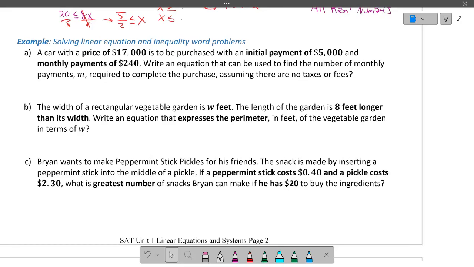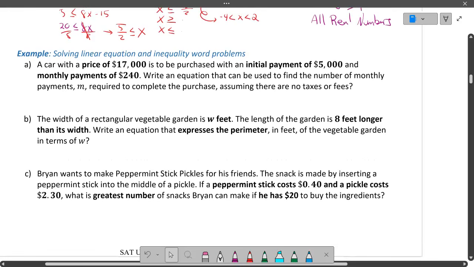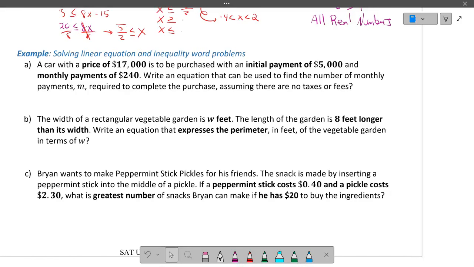Okay. Now, given that we have a total that something equals, something that we're paying once, and then something that we're paying over and over and over, what type of an equation would we use to model this scenario? Linear equation. What's the most basic form of a linear equation? The formula for a linear equation. Y equals mx plus b, right? That is our standard outline